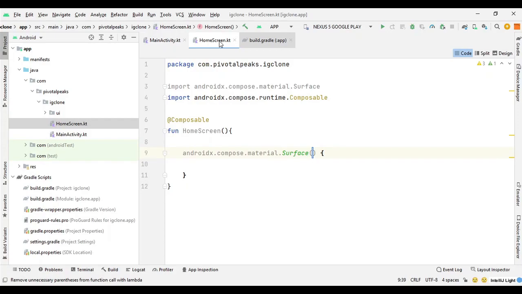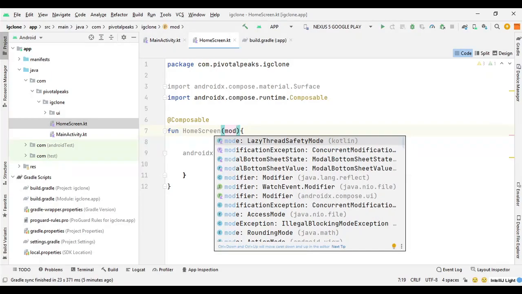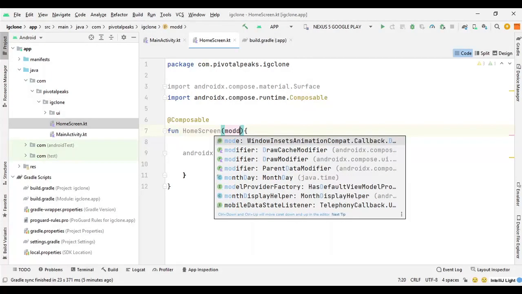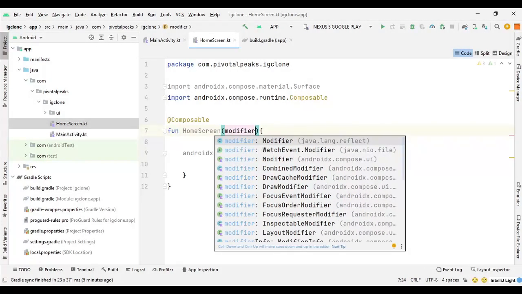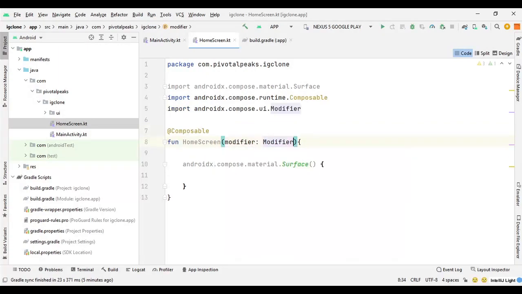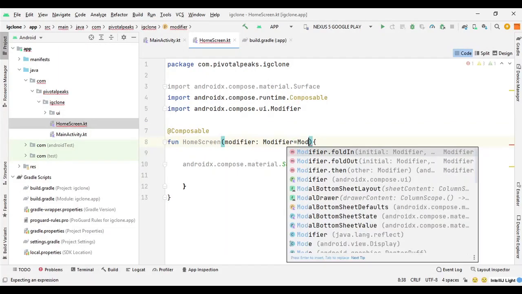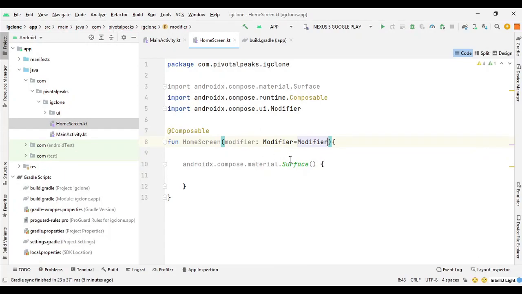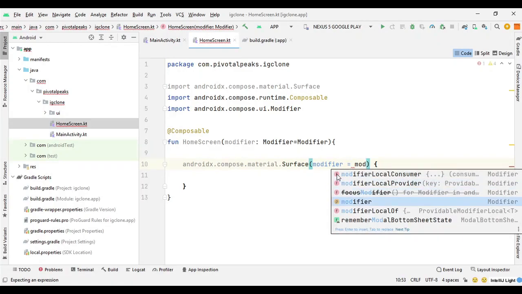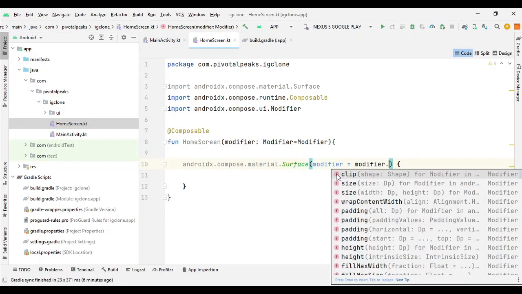Let's actually define our modifier here first. So modifier, and let's initialize it with modifier. So here we will say modifier equals modifier dot fill max size.